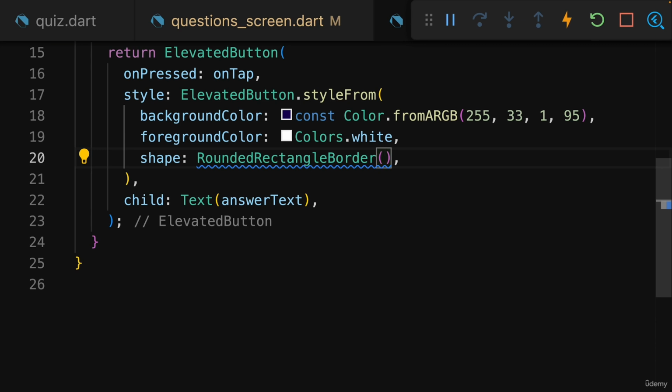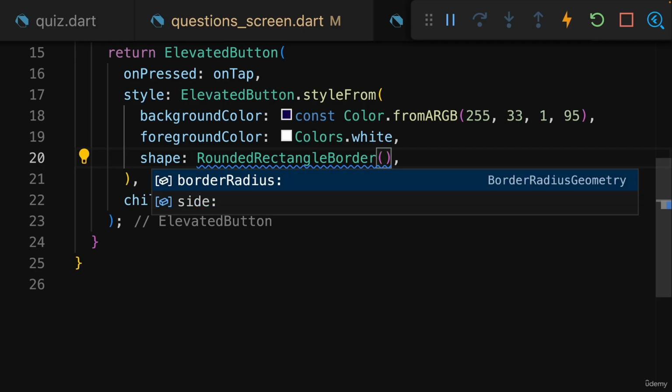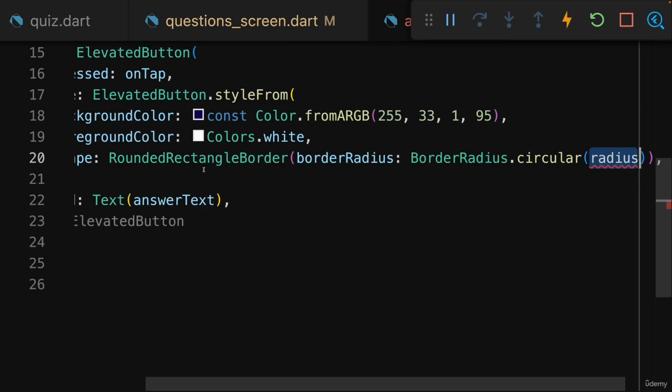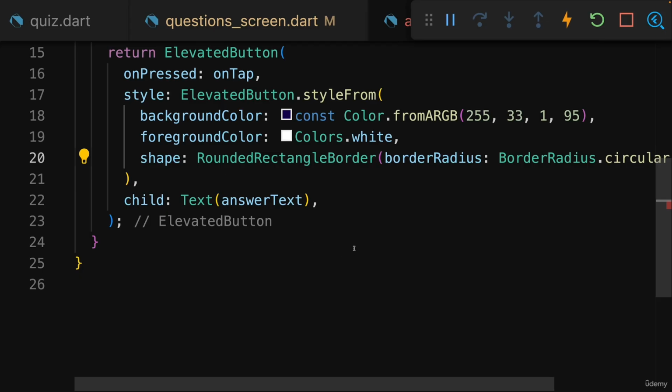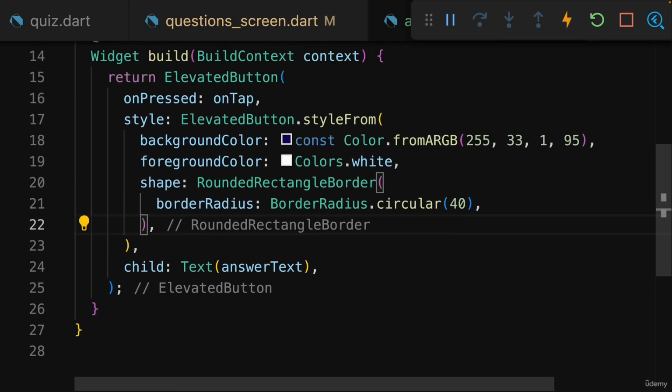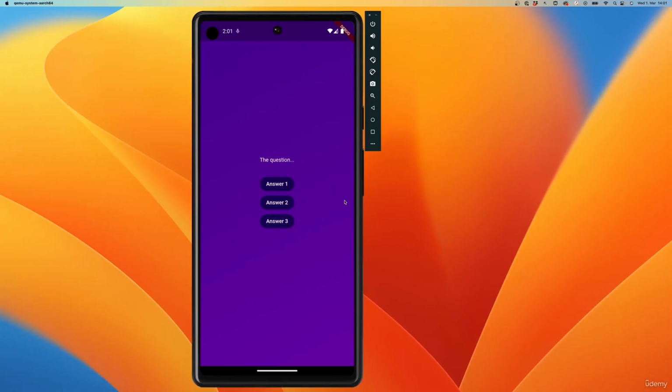For that, this rounded rectangle border constructor function wants a border radius argument, which can be set to border radius circular using another class and constructor function provided by Flutter. All these things here are provided by Flutter. And border radius circular simply adds some rounded corners, and you can set the radius, and you can simply try out different numbers here, but 40 should achieve the look which I want to have here for this application. With that, if we save this, we have some nice rounded off corners,